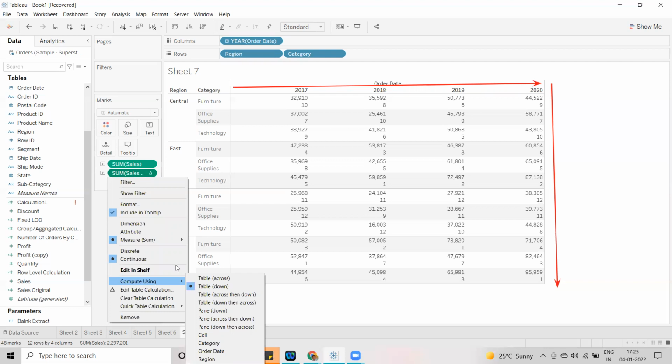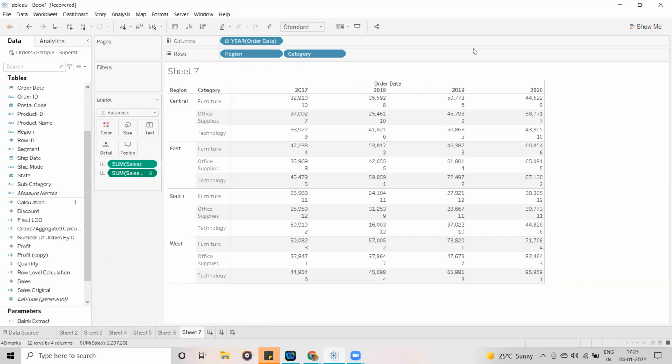Now guys, in this case, let's first write how it is going to be. First it is going in this direction. Then after this, it is going to come here, second, office supplies.